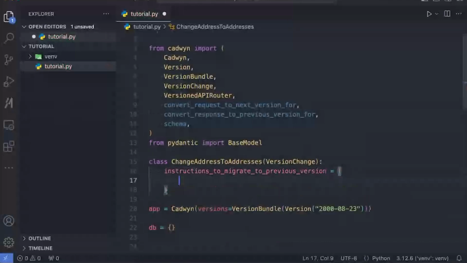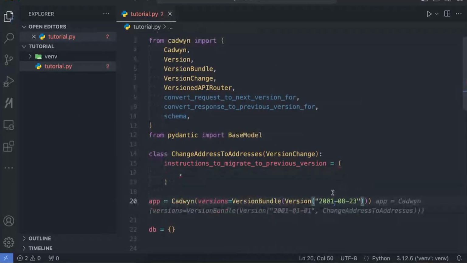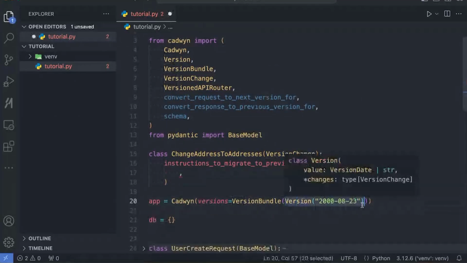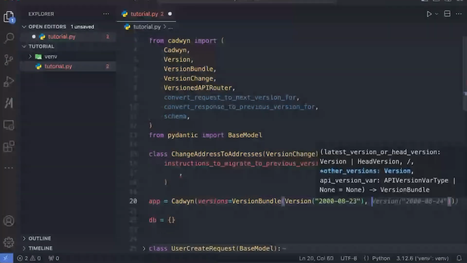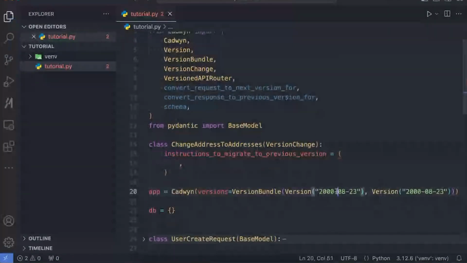These instructions will help our open API generator show to the users the documentation page for an old version. So let's say we've migrated to version 2001, and the 2000 stuck in the past. Okay. So wait a minute. Yep. There's something extra here.